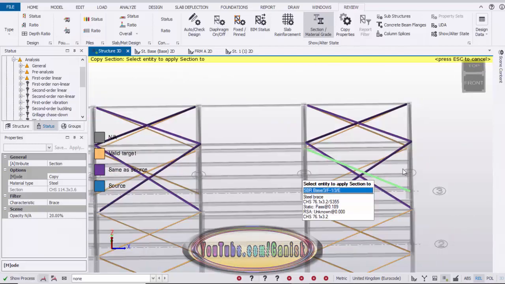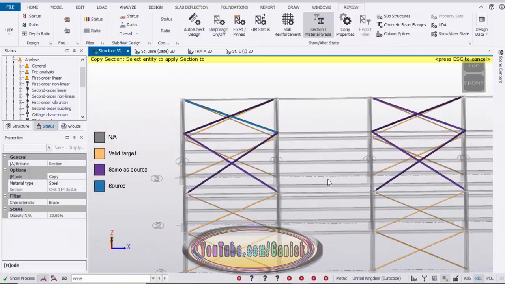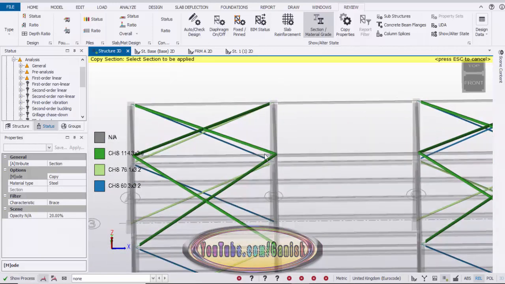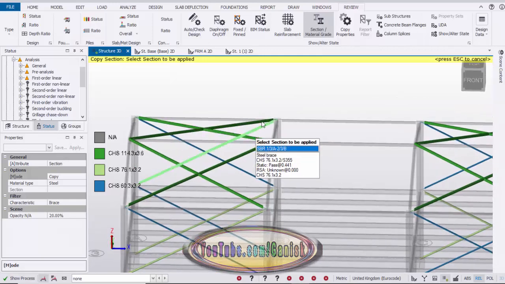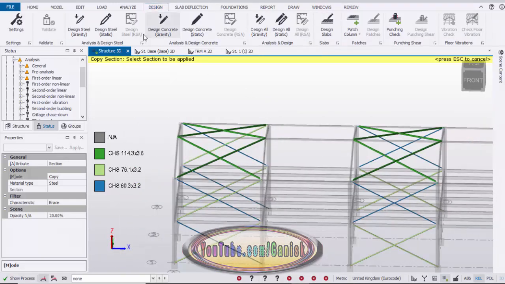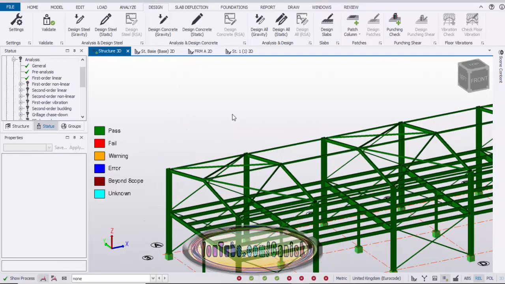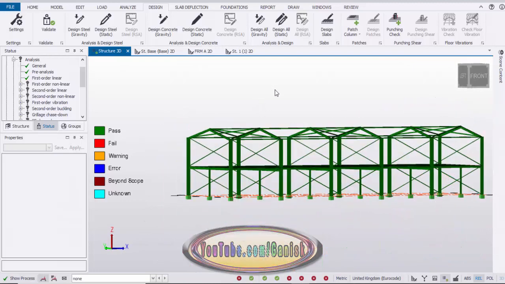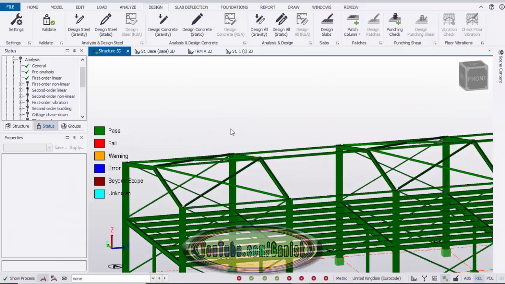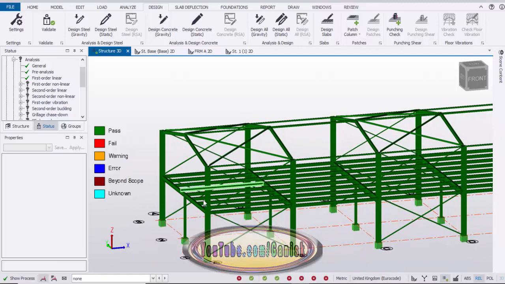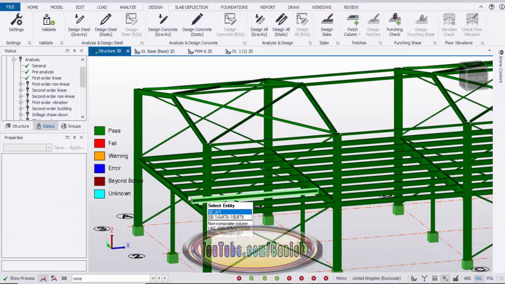Yeah, that's it. Then click on escape to exit the command. Now we're going to check the design once again. So click on this design and click on here design still static. You can see there is no issue with the structure. All members are passed. Similar like that, you can copy the remaining members also to match the same size for